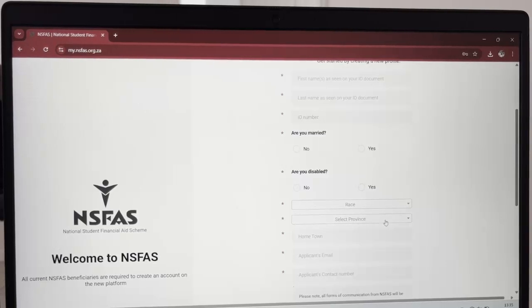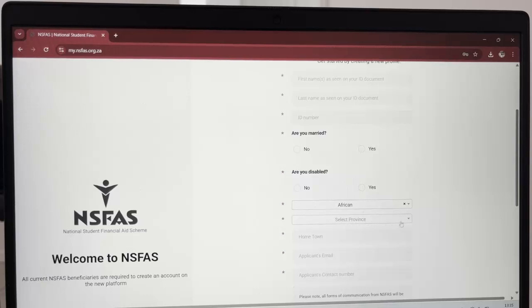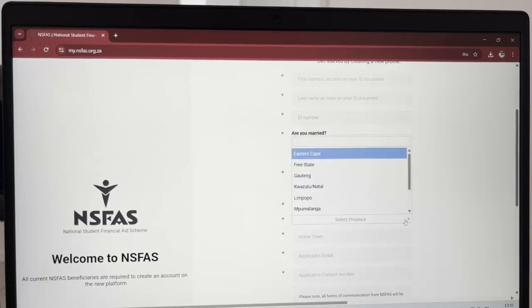So for the race and the province, there's a drop down arrow this side. I believe you can see it. You click down on that drop down arrow, and then it will show you the different races. Then you can choose any that you are. Then for the province, you also click on the drop down arrow, and then you select whichever province you are from,